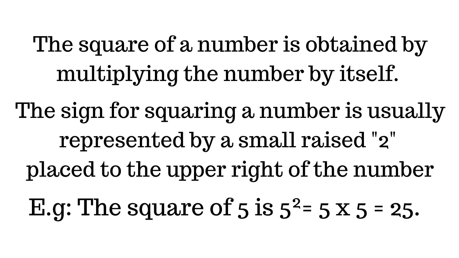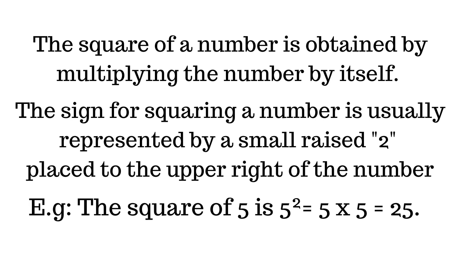Welcome. The square of a number is obtained by multiplying the number by itself. The sign for squaring a number is usually represented by a small raised 2 placed to the upper right of the number. What this means is that when I multiply a number by itself, the answer is the square of the original number. Example, the square of 5 is written as 5 raised to power 2, which is the same